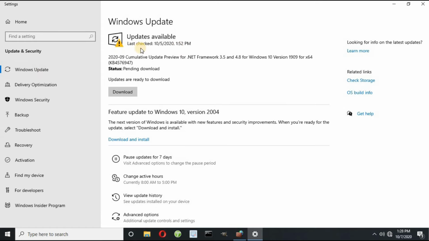So you can see here, it returns me this message, Windows update, updates available, and I can simply update my Windows from this button. But if your Windows are up to date, then it returns message like you are up to date, like this. So your Windows need to update in time. I will update this later. Next, you can select on Windows security.